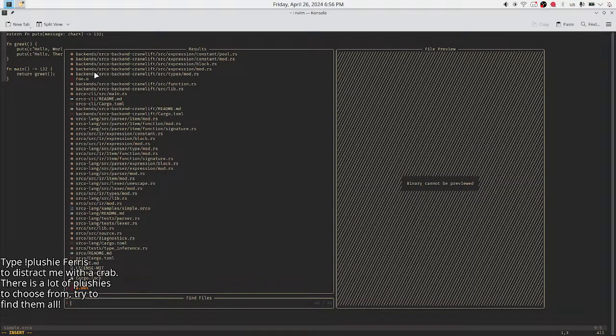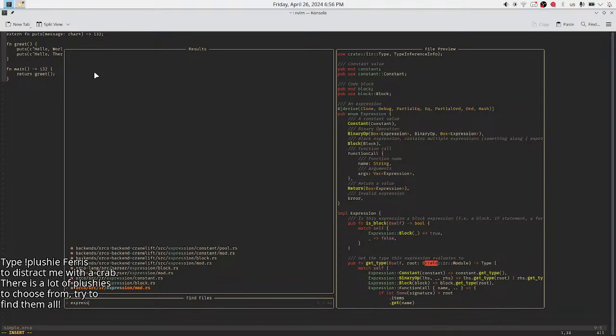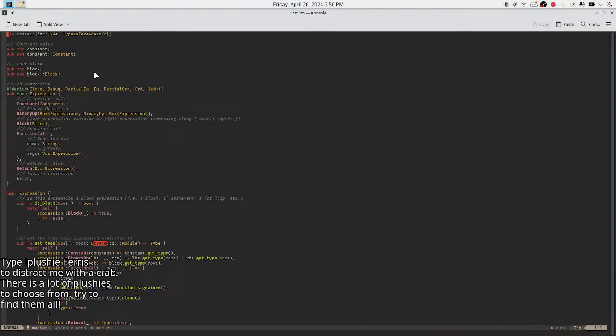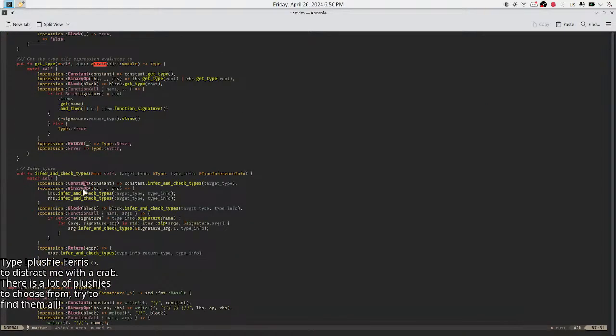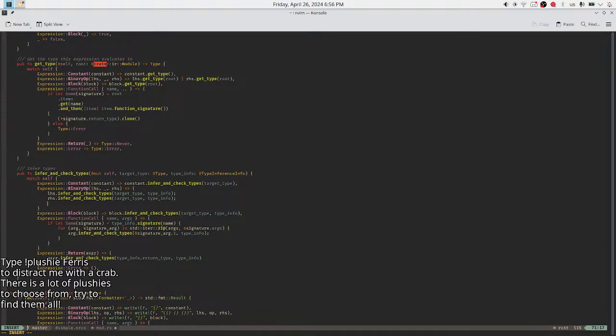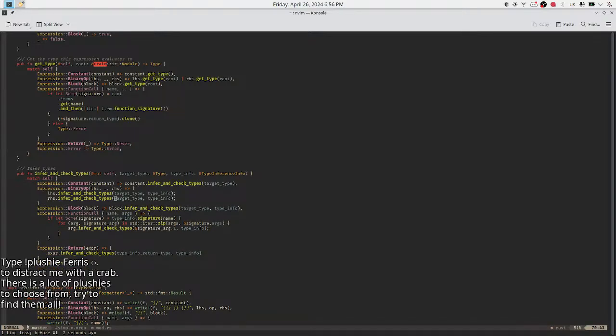So the type checking begins in expression here. Get type, inference, check types here. Here I am doing type checking. I mean, I should do type checking. I check left and right, and actually this function should probably return a type.